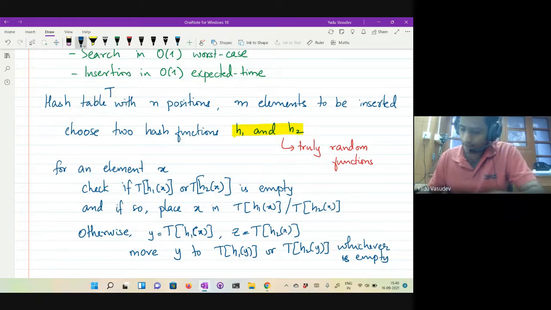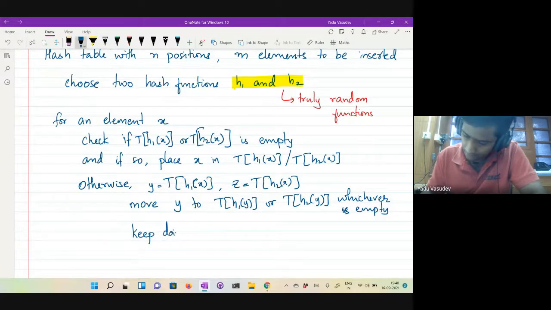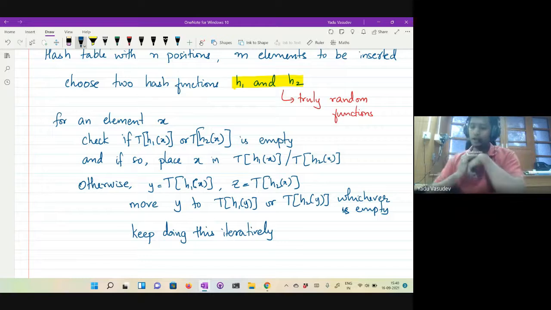And you keep doing this iteratively. For instance, you try to place y in T of h1 of y or T of h2 of y and you realize that both of them are full. You take one of those elements, replace that with y, and see where that element can be mapped to. You look at its corresponding other location.